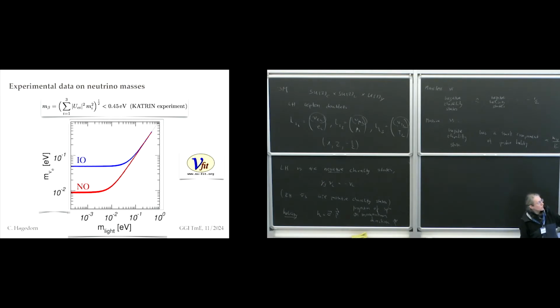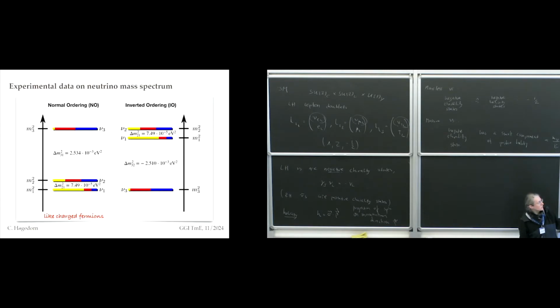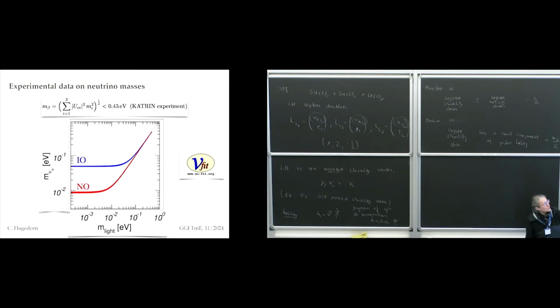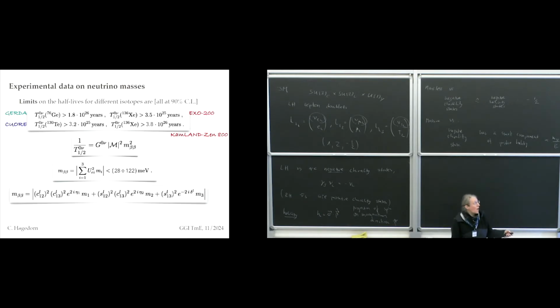Now this is plotting this quantity with respect to the lightest neutrino mass, the guy which sits down here. For normal ordering it's M1, and for the inverted one it's M3. So you can learn something by bounding this quantity or even measuring it. You can learn something about where the lightest neutrino mass sits. And now we come to the main player of the school. Obviously, neutrinoless double beta decay can also tell you something about that.